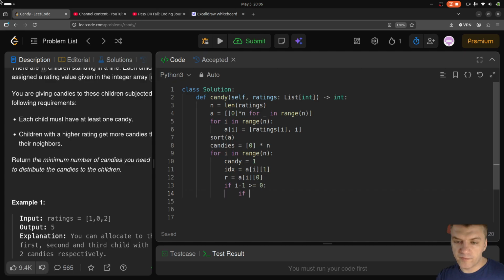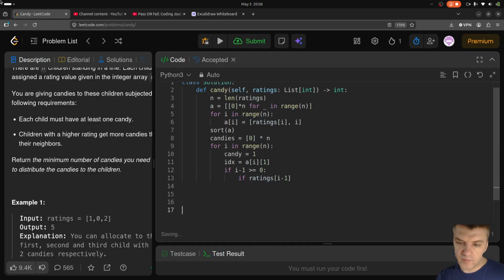And then if ratings of i minus 1, oh, we're just gonna do the index. If ratings of index minus 1 is greater, or like, no, if it's less than rate, if it's like first, if ratings of index minus 1